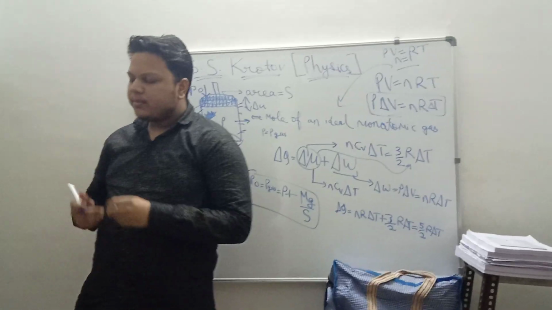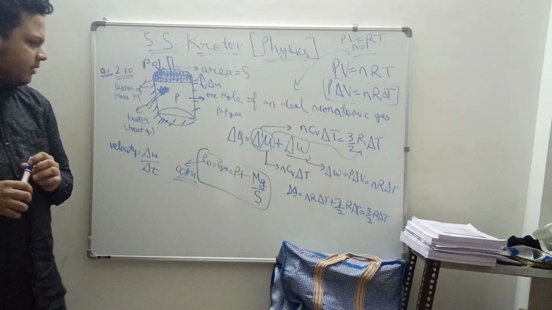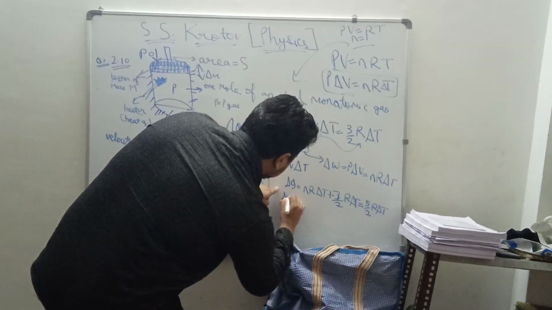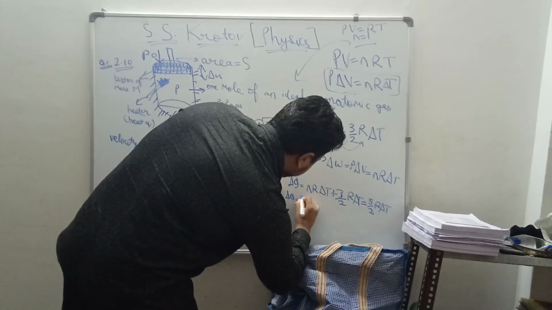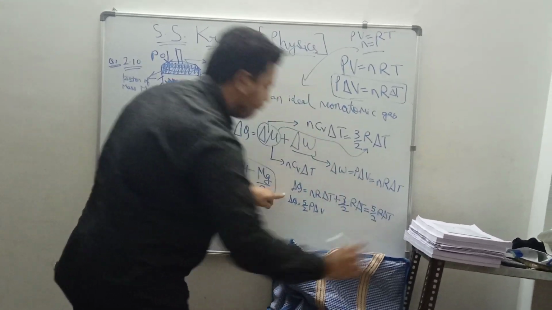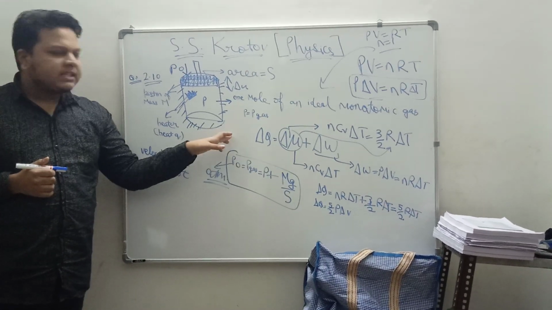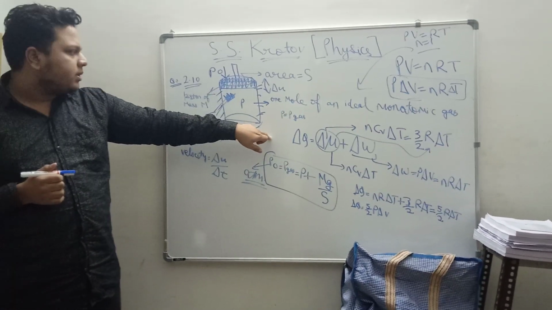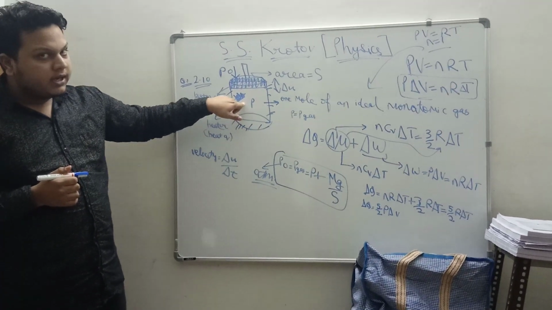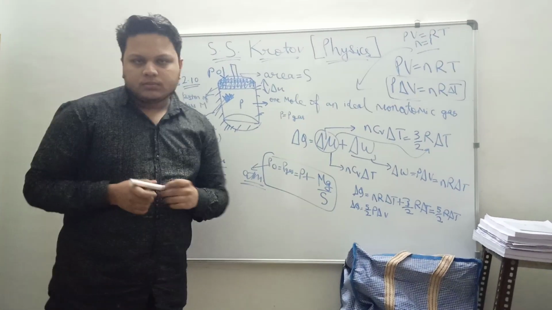So we have basically determined delta Q, which is also equal to 5 by 2 P delta V. Any doubts here? This is an advanced level problem because sometimes a student can consider that this heater will do an external work, so it will provide an external heat. Here it is providing. So the question is very important from the JEE point of view.